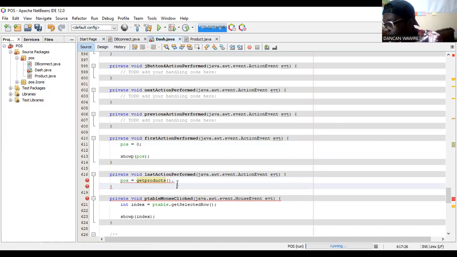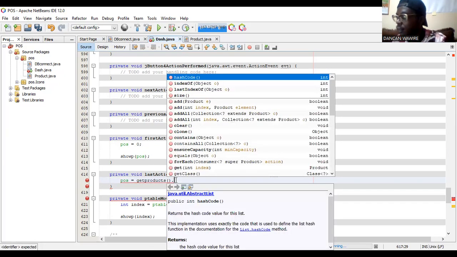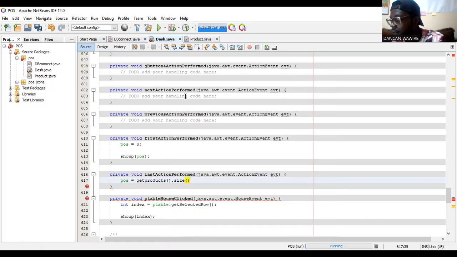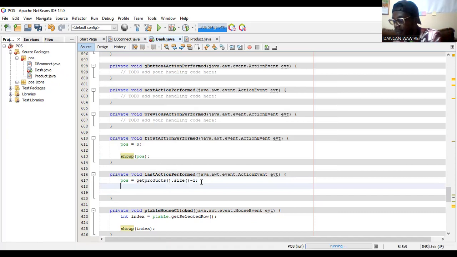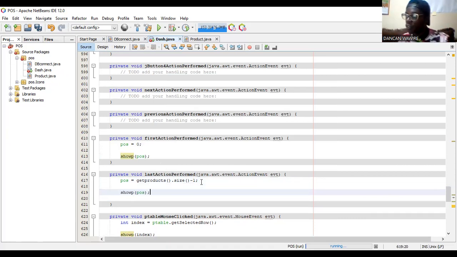I think I got it correctly. Yeah, dot size. Then it's always -1 because it starts from 0. So if I don't do -1, it'll run into an error. Then I'll simply do showP. So if there are 100 of them, of course, the size of that